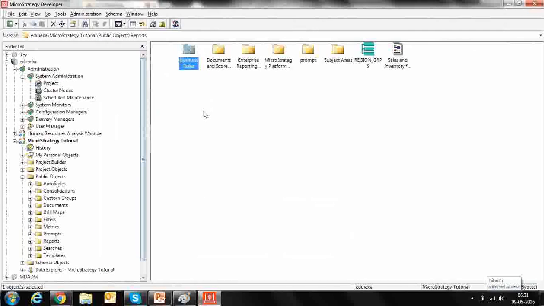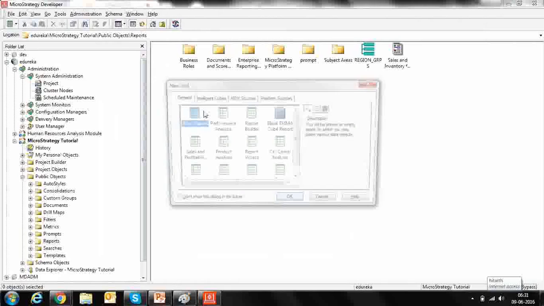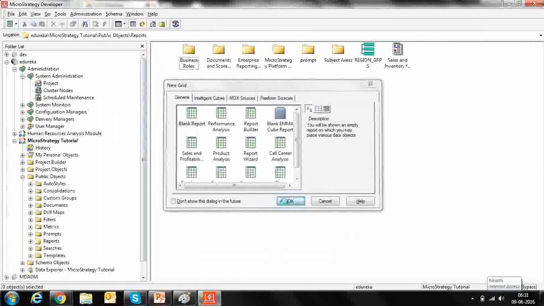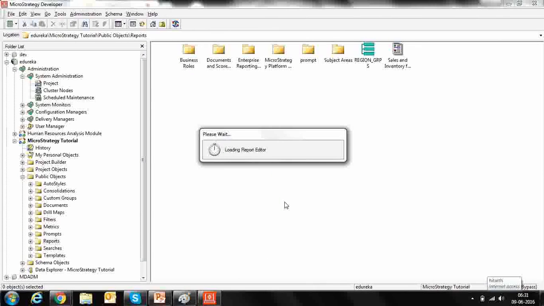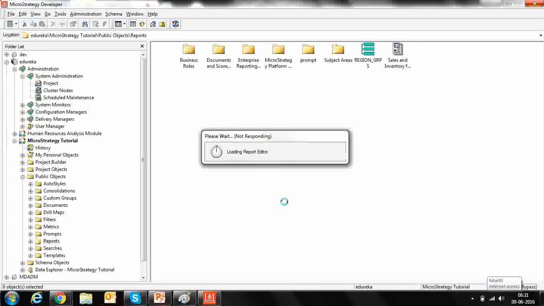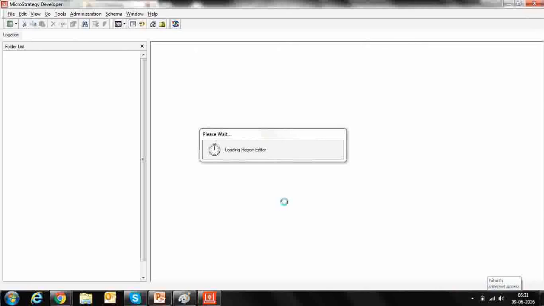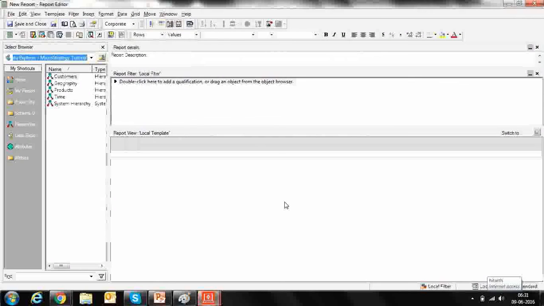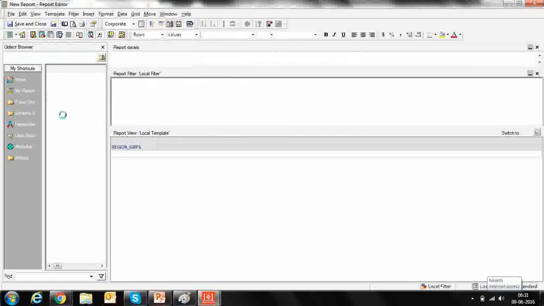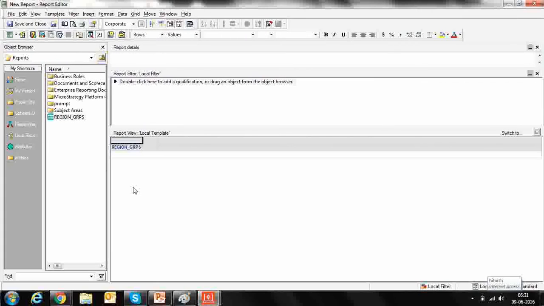Now, right click over here, click on new report. Click on blank report. Now we want to perform an analysis on these region groups. So locate the object where you have saved it, region groups. Without numerical values, you are not able to do an analysis.